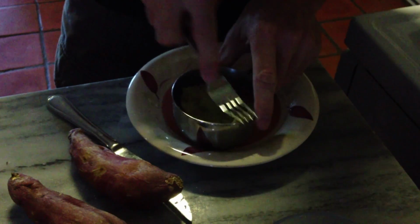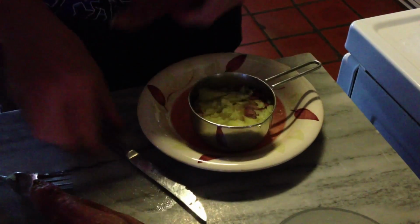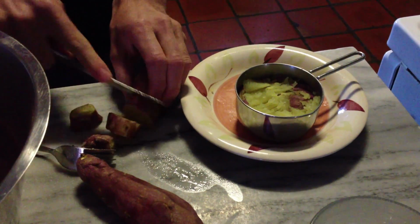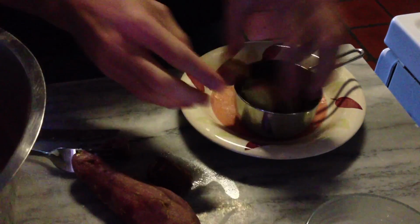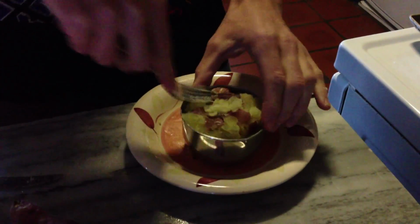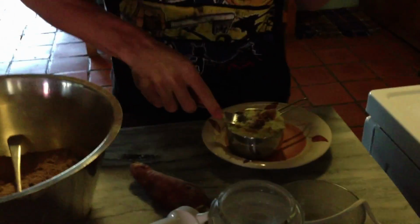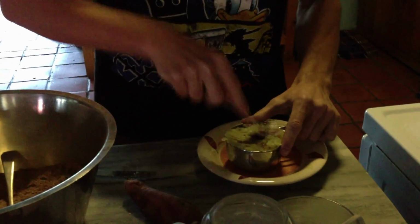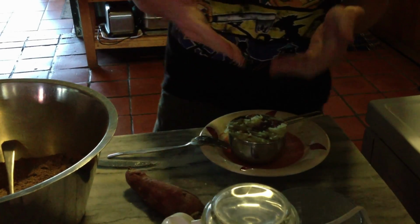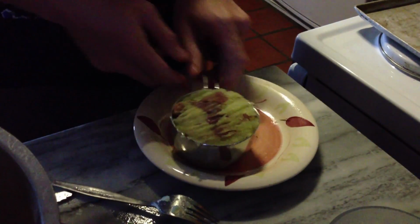If you want, you can double up on the recipe. I would have loved to have done that. But you know, it just wasn't meant to be today. We don't have enough ingredients. This should be enough. No, wait, you know, this whole thing is going to go in there. I'll make it fit. Oh, hey, this is perfect. So there you go. You know, that little piece there needs to be dealt with. This is so tasty. Now we're looking at a flat cut. I could actually put more in here, but I don't want to jeopardize the consistency of our chunky chocolate sweet potato